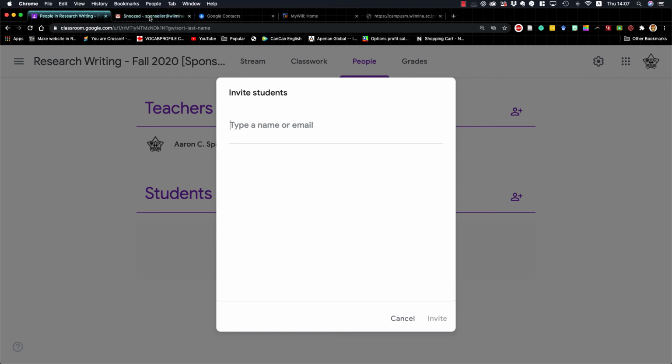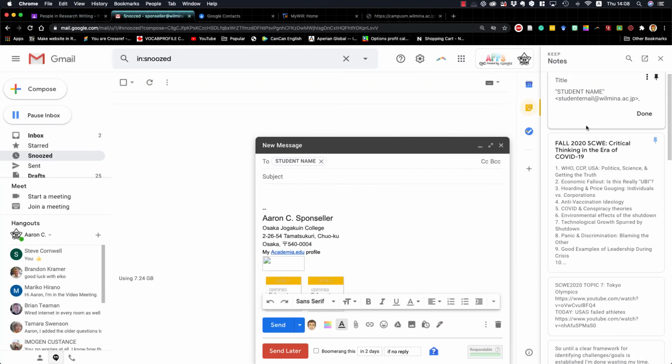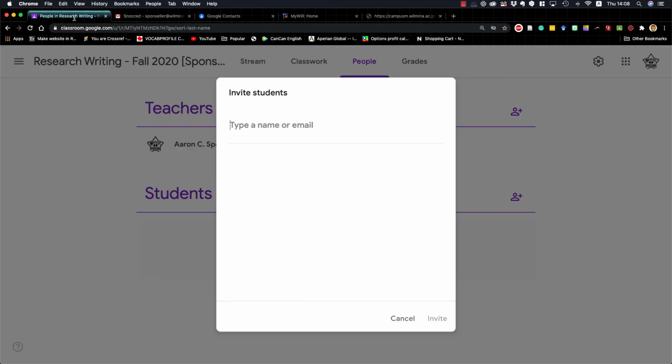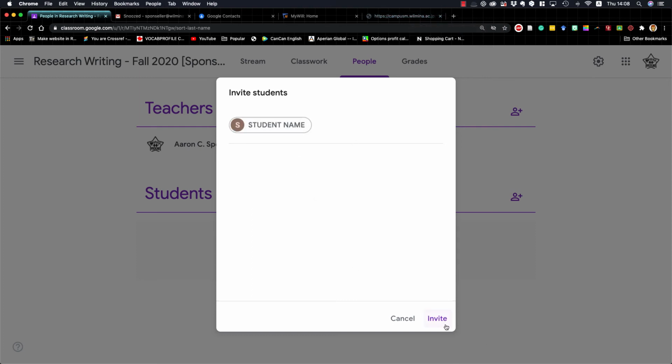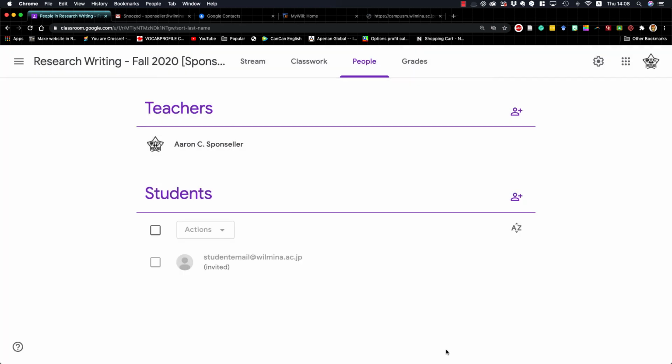But again, if you had them all in, if we go back to Keep, if we had a giant list of student names and email addresses like this, and we copied them, and we went over here, and we did Pyong like that, it automatically pops it up. So it's a recognized student name, and this is a little bit difficult because of the way MyWill and Campus Magic works. But once you figure out how to do it quickly, and especially if you want that macro, let me know. You can invite that student, Pyong, and next what happens is it's sending an email,